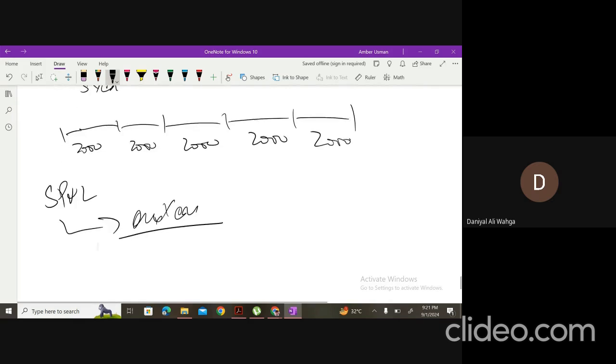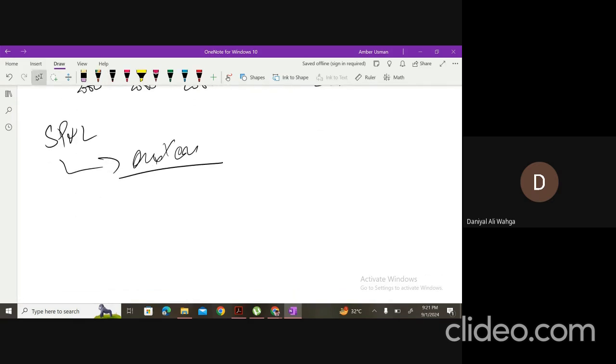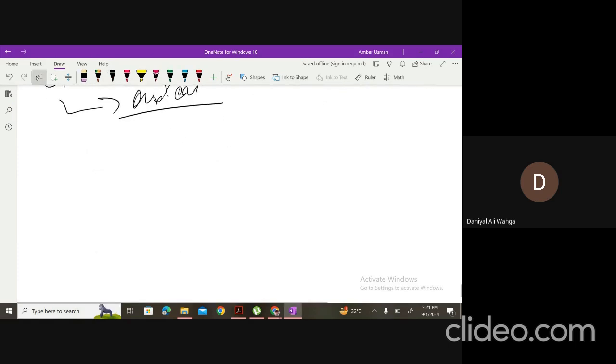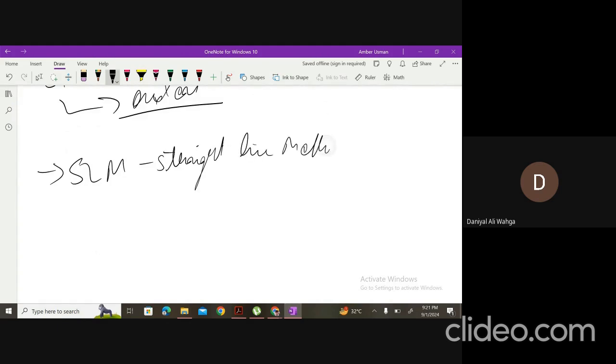Now, the main concept: there are 3 to 4 methods which the book discusses for how the depreciation can be calculated. One is the SLM method, also known as the straight line, in which the depreciation is normally constant. How the SLM is calculated: cost minus residual value divided by